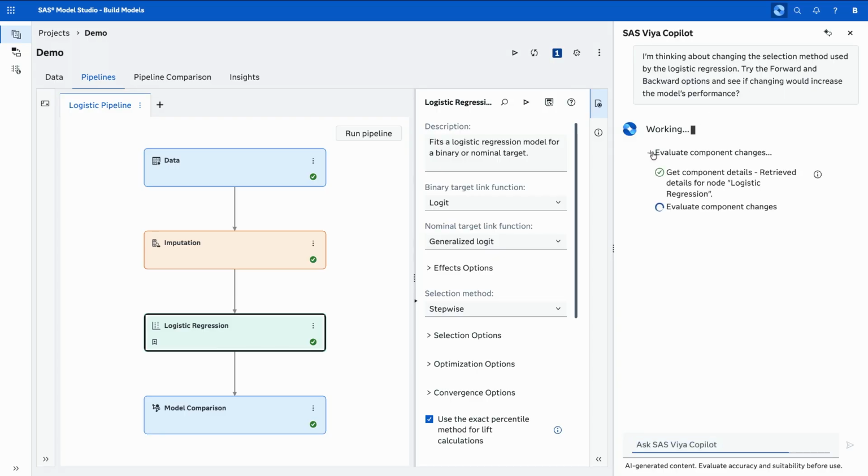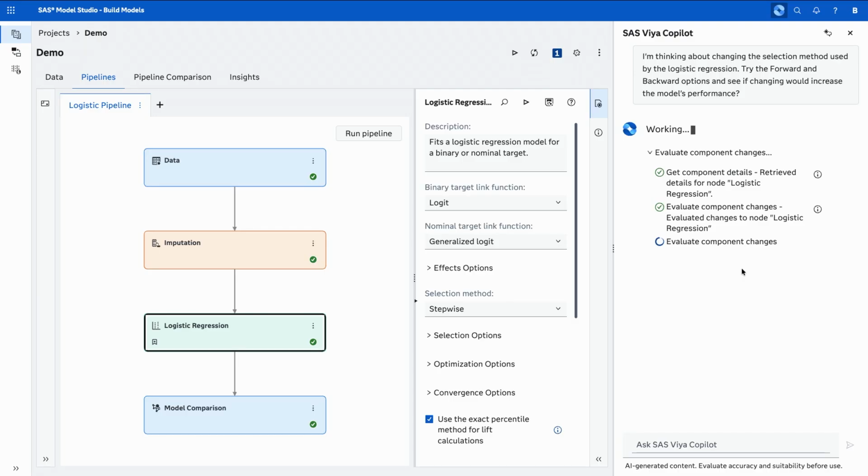So this is something I definitely could do within the application, right? I could go ahead and set these values, run each one of these models, record the value of it, go back, set it to the next value, record the value of that. But we're allowing Copilot to do all that work for us, right? We've just said, hey, please go evaluate all these things and tell me which one is the best.